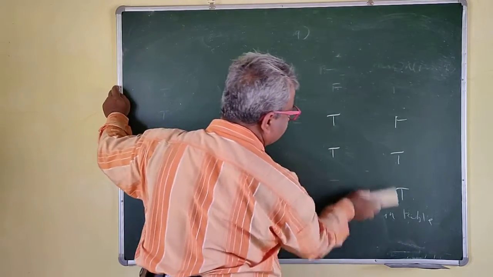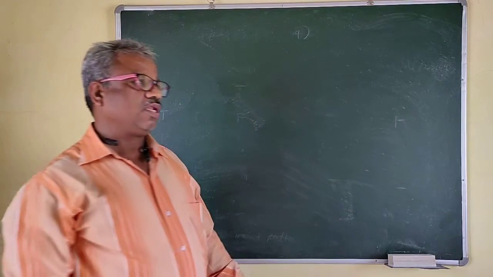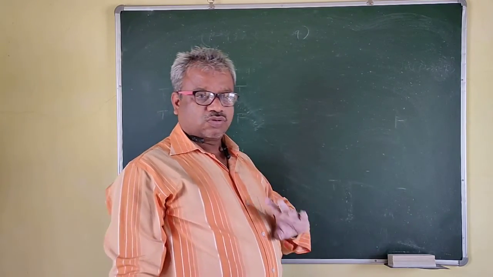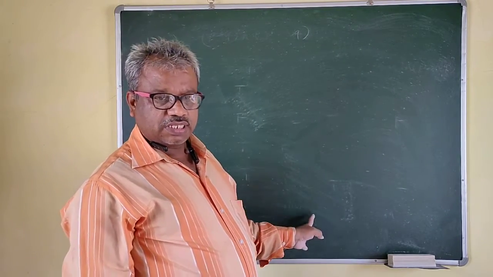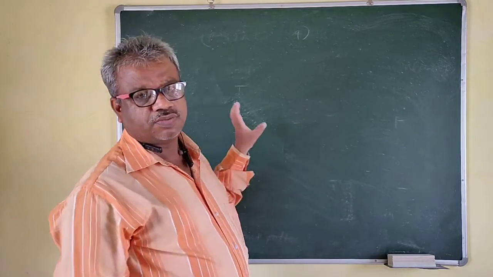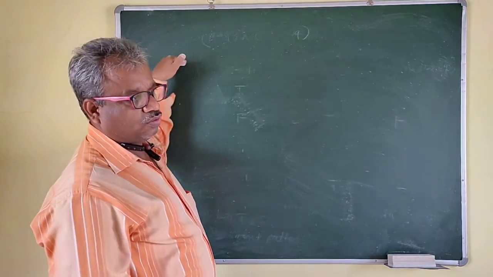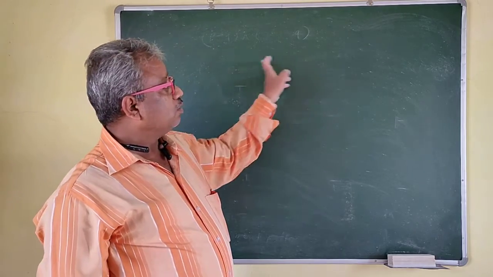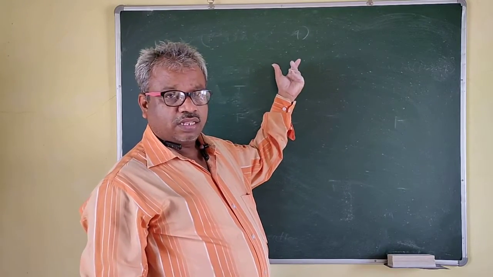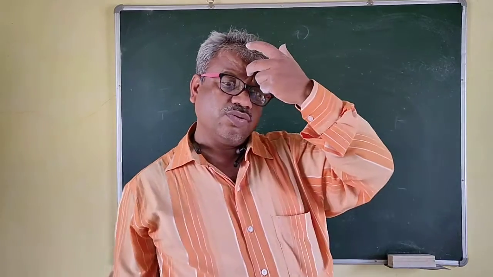So I hope that you can do any type of problem, to show that it is logically equivalent, or a tautology, or a contradiction, or a contingency, right? The important thing is the preparation of the truth table. Concentrate on the first rows that we are writing. The statement depends on the statement pattern, so first solve the bracket, then solve one by one. I think you can do all those things.